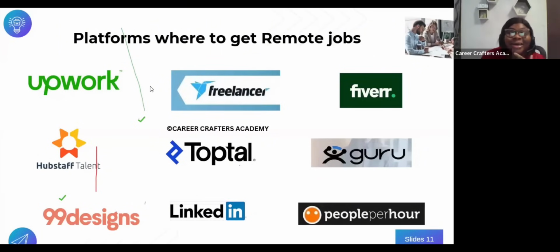Do you? I think I saw a screenshot a while back, and on the chat, Faith is saying Upwork doesn't allow Nigerians to register. You see, information is power. If you don't know something, it is more than you. That is the truth. So Upwork actually allows Nigerians. Yes, I showed you guys some of the jobs I got on Upwork earlier, right?